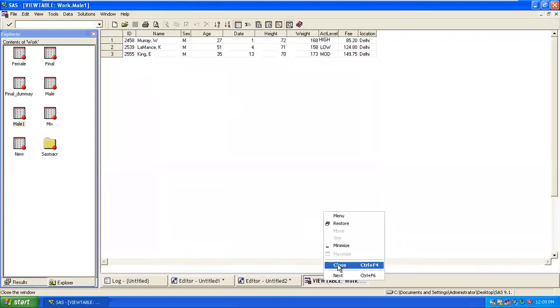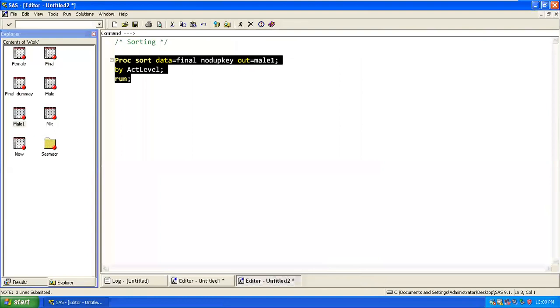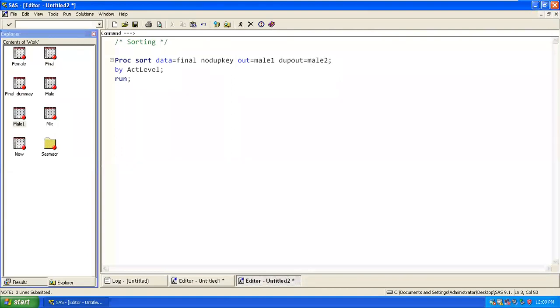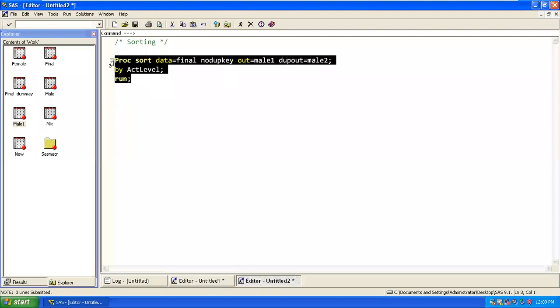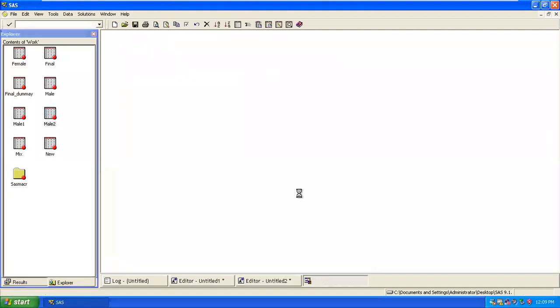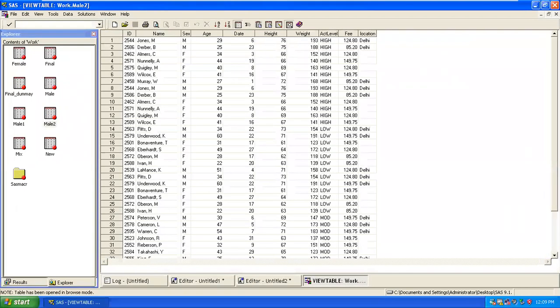Got it? Yeah. So another keyword we have is called DUPOUT, which is nothing but dupe out. Let's say keeping it in mail2. So if you try doing it, what will happen? The duplicates are going to be saved into mail2. So you have these many duplicates.